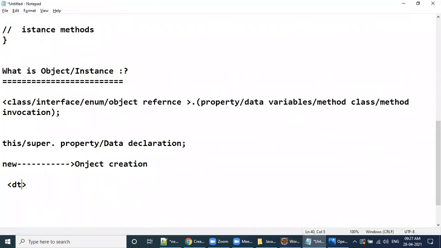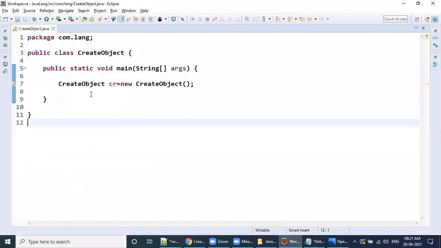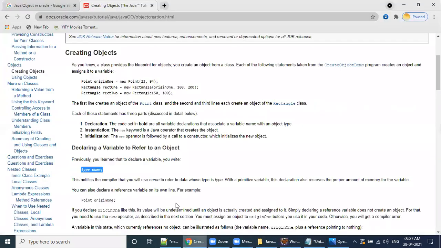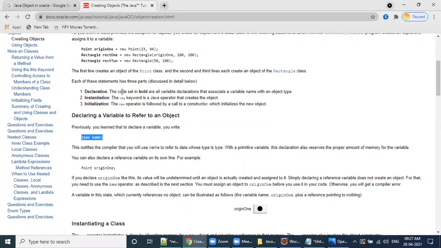Data type plus variable name. In a similar way, I am going to create CR, my variable of type creation object. CR. This is a declaration.